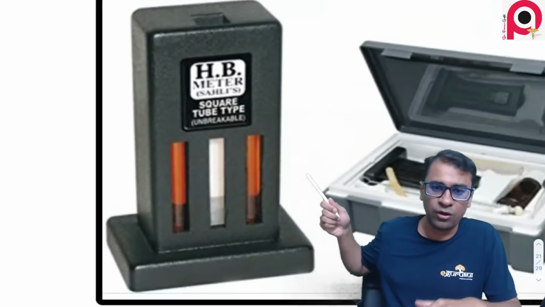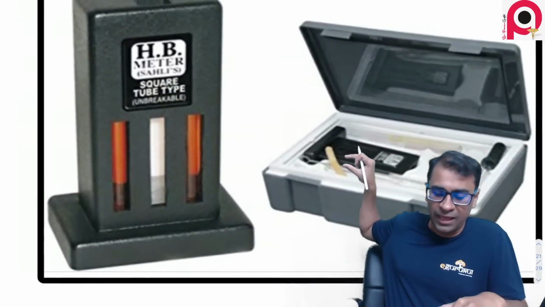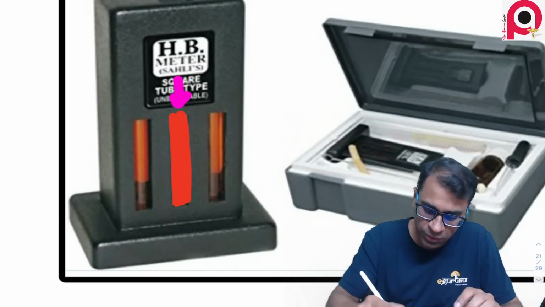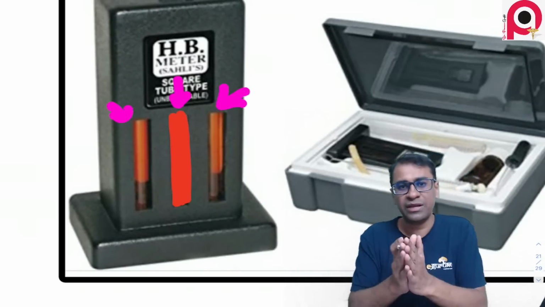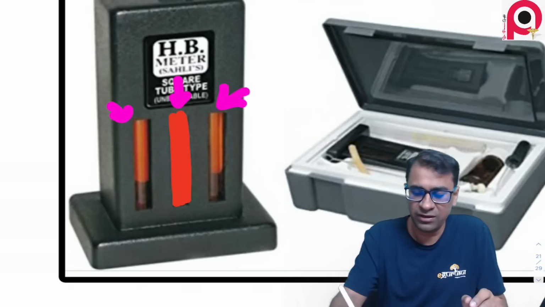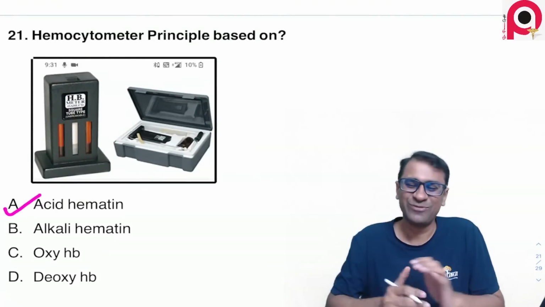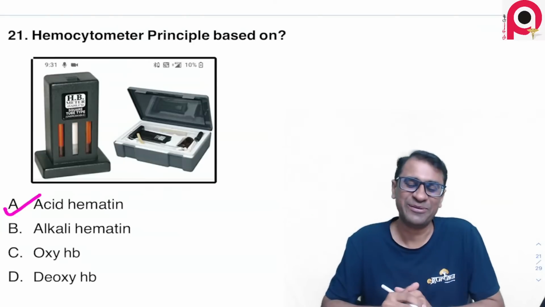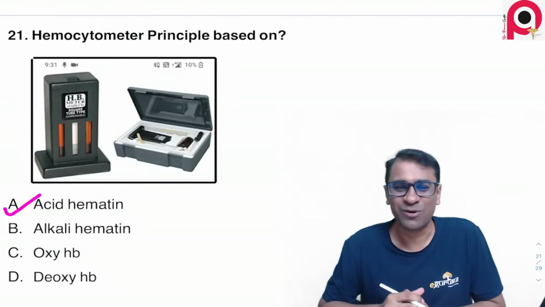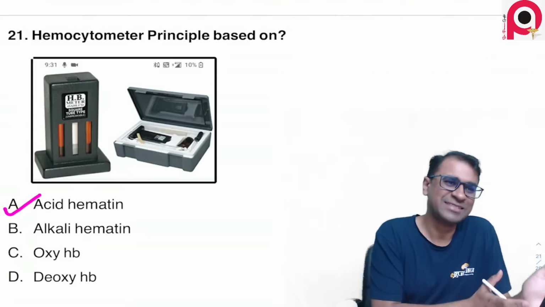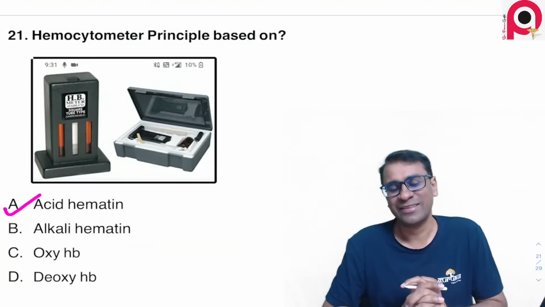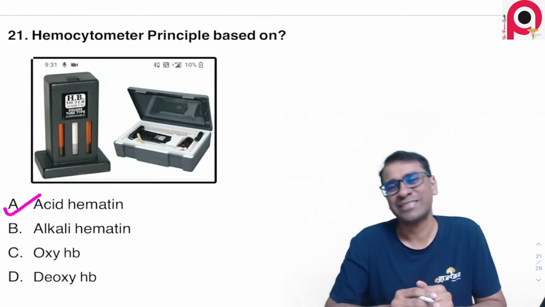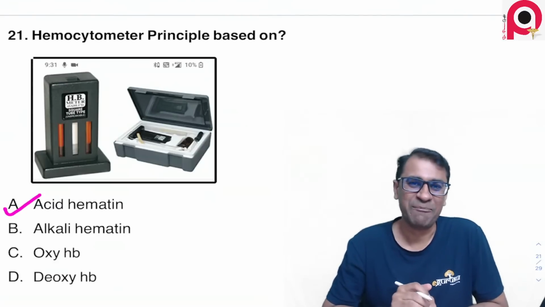Now this is a hemoglobinometer. This tube is taken from here and added in this area. The color of this tube is matched with the surrounding area, and whichever color matches, that is the hemoglobin given. This test is not done nowadays, but that's for recall purposes. They gave this question in the evening session of the NEET yesterday. It's strange to get this type of question nowadays because this is not done at all. But since it is practiced in first and second year MBBS practicals, it's a logical way of asking a question based on recall, to see whether you have gone to the first and second year sessions in your medical college or not.